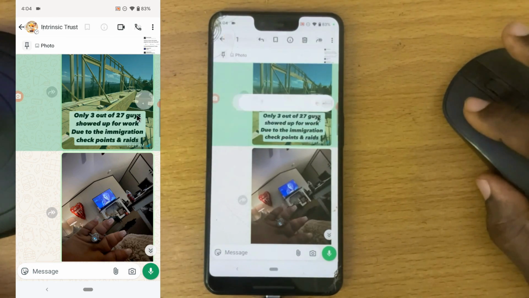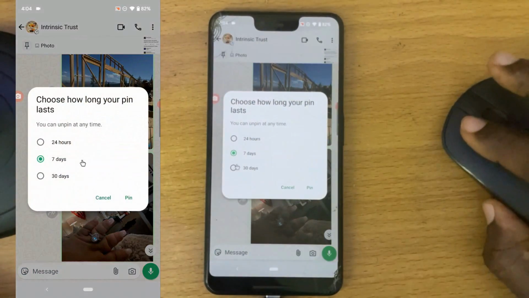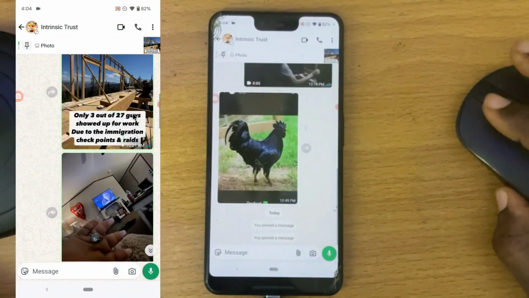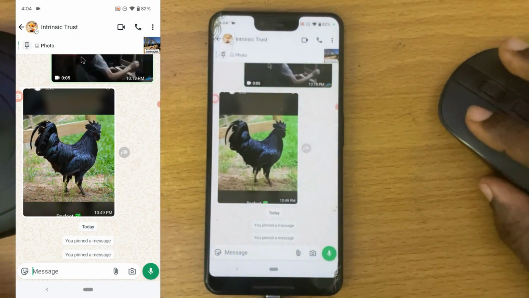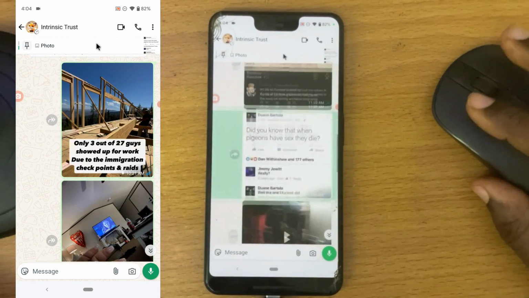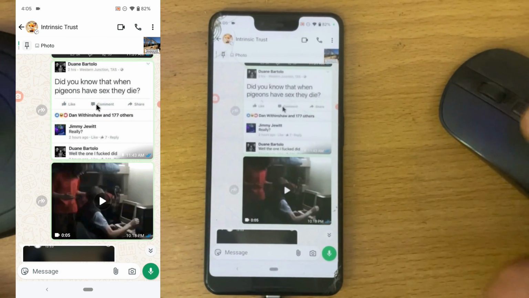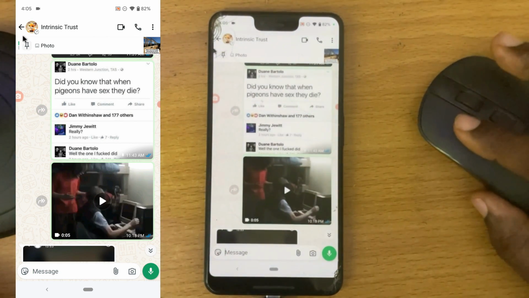Let's assume this one, and then the same thing, pin and choose however long. Now 24 hours. Now if you click, it is going to take you to the last pin post, and you click again, it's going to take you to the next one. This is exactly how pin posts work, and whenever you want to remove them, it's as easy